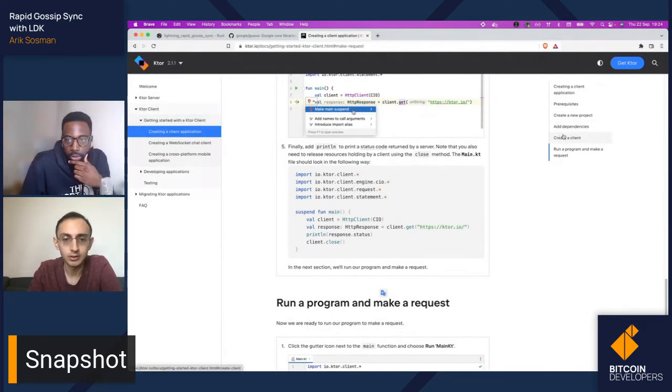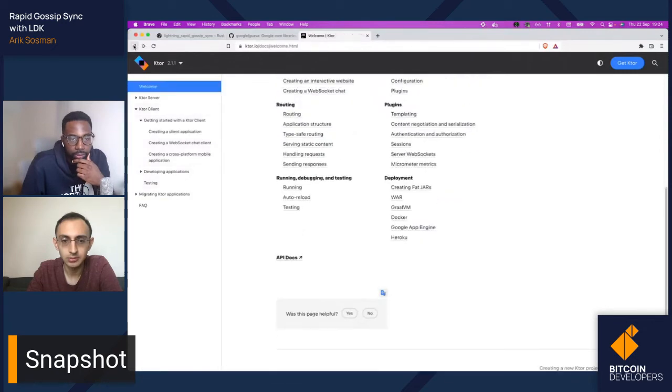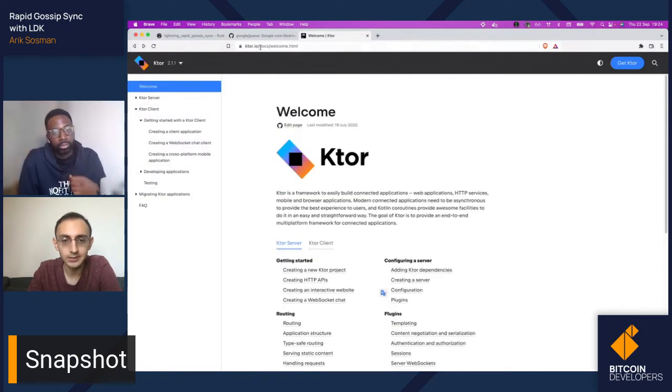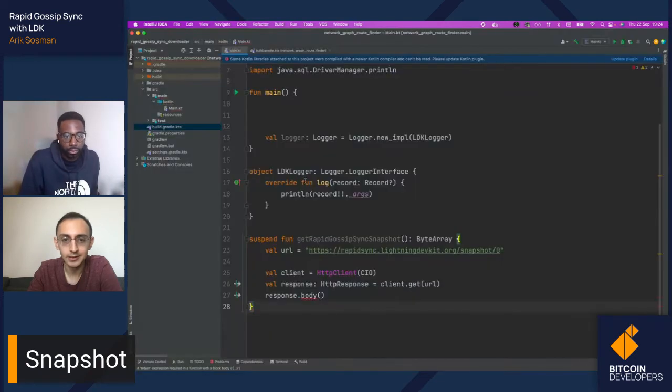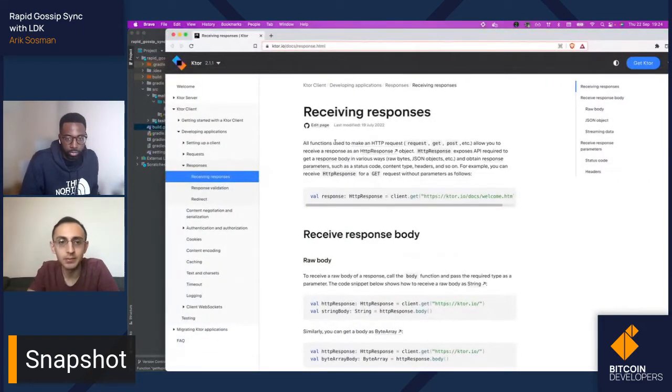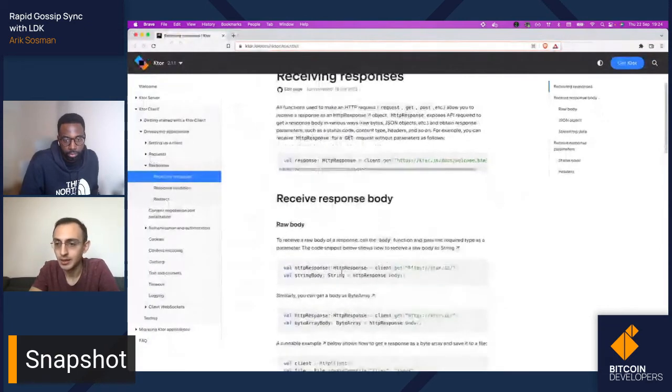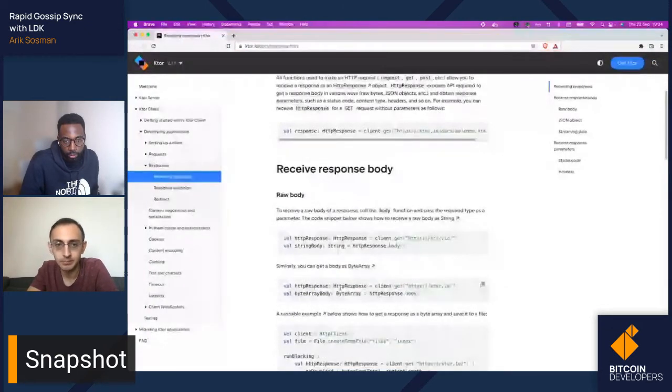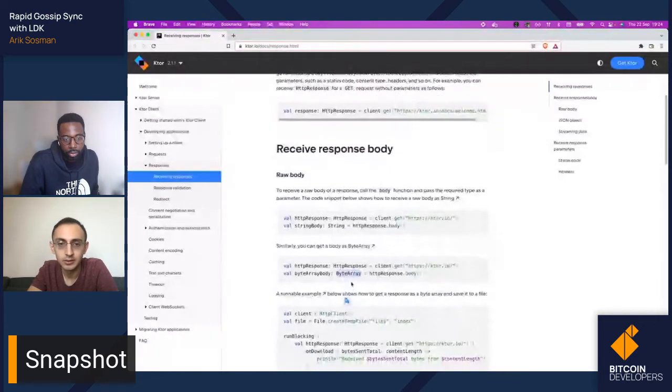Scalar array, byte array content, string value response, byte array. Yeah, it's as simple as this. Here, I'll post it in the private chat backstage. I got it from this URL, by the way. So all we need to do, I think, is just specify the type of your response variable. Say, val byte array something. Got you.